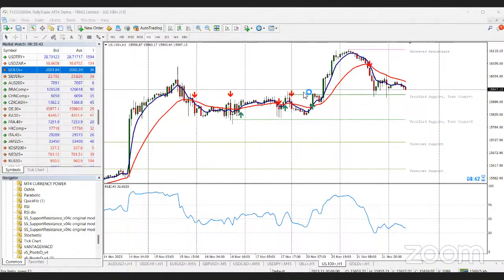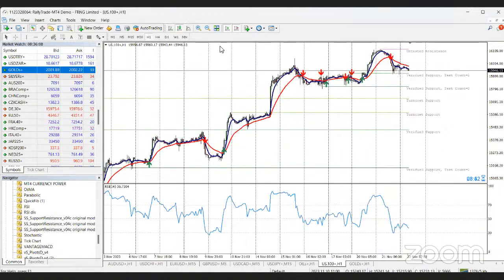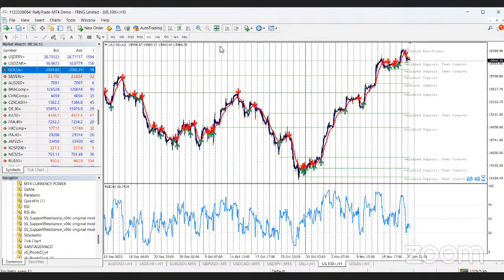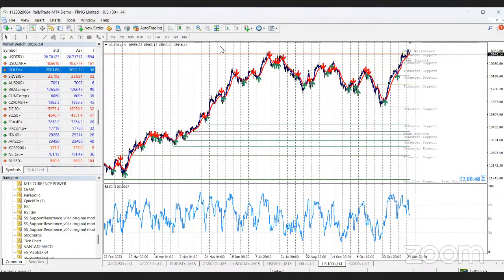So let's look at US 100. Now, US 100 is looking like a downward movement for this morning since yesterday has been falling. However, it looks like an upward trend, as we all know that tech has been doing very well all through this year, and it's looking like it is going to the moon. So it's still looking like a very good buy.